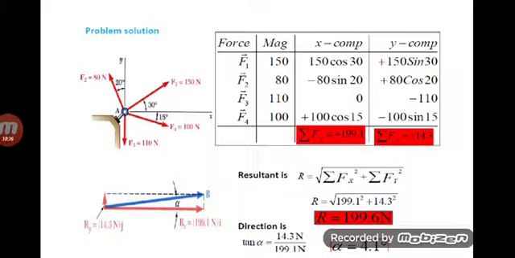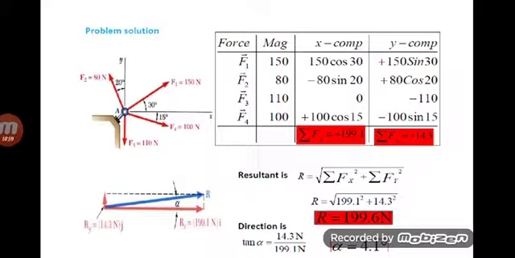Here theta is about the Y axis. So the Y component will be F2 cos theta, but the X component will be F2 sin theta. That difference you should understand. Here it is along the left-hand side, so you can consider it to be in the minus X direction. So it is minus 80 sin 20. Next, coming to the Y component, it is plus 80 cos 20, because it is in the upward direction, not in the downward direction. So it comes as plus 80 cos 20.